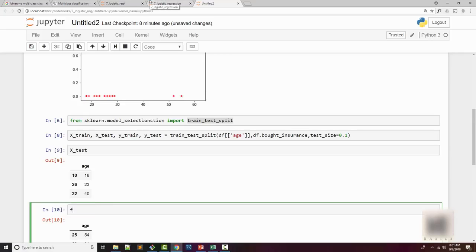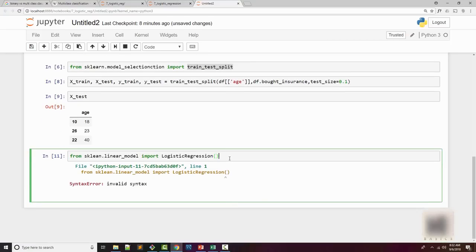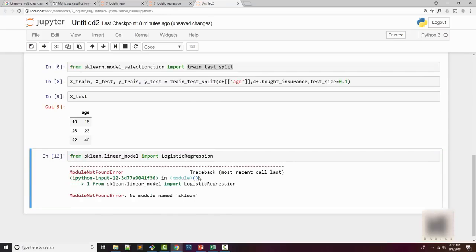Right, so let's now import logistic regression. From the same linear model module in sklearn you can import LogisticRegression.